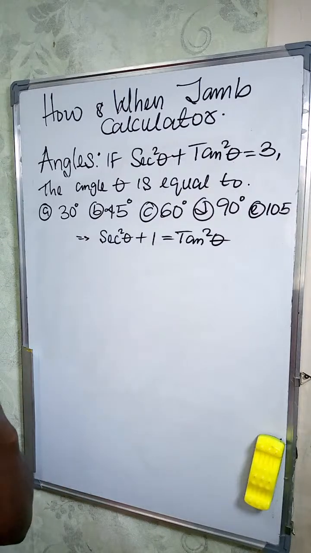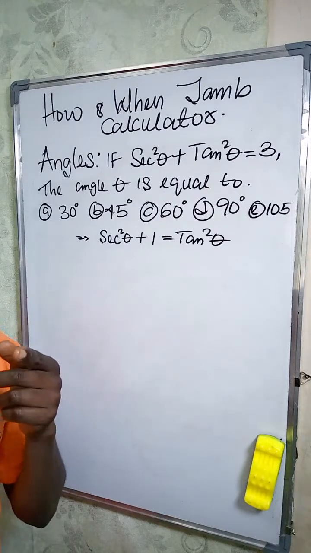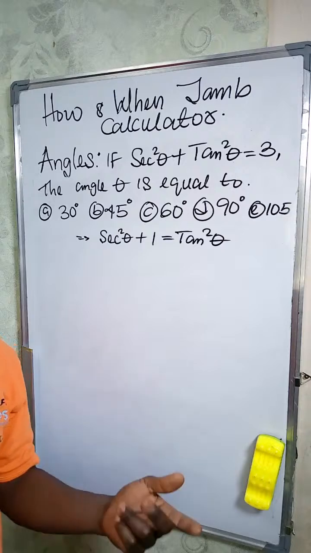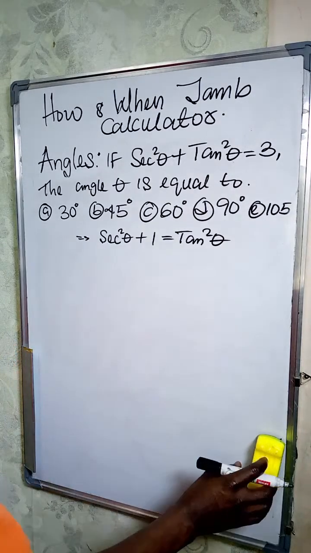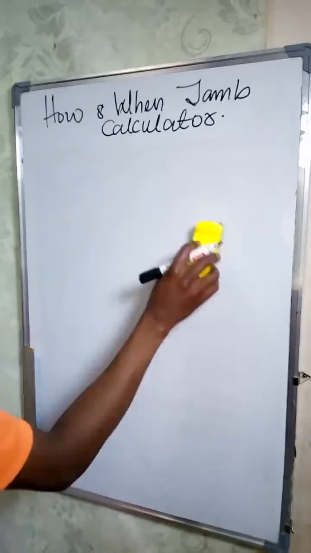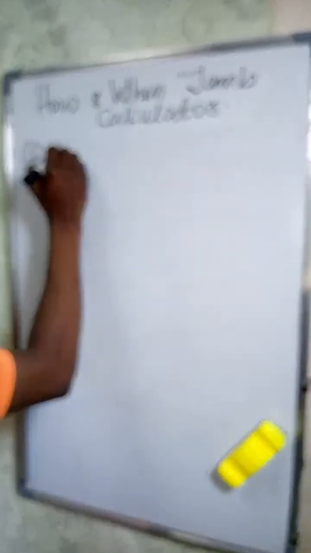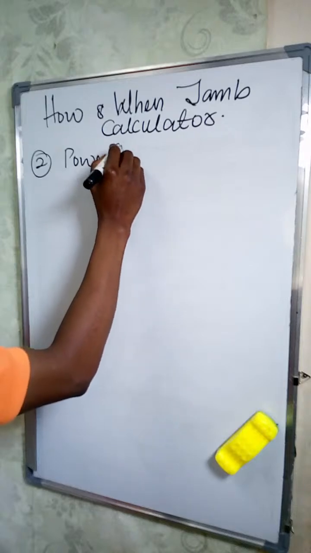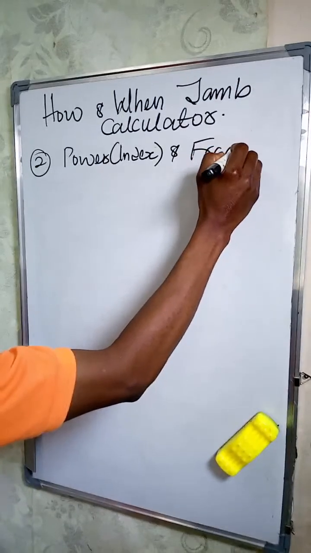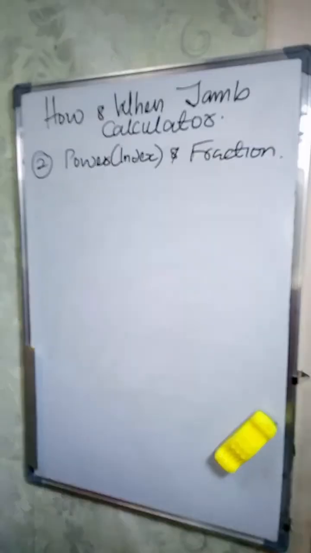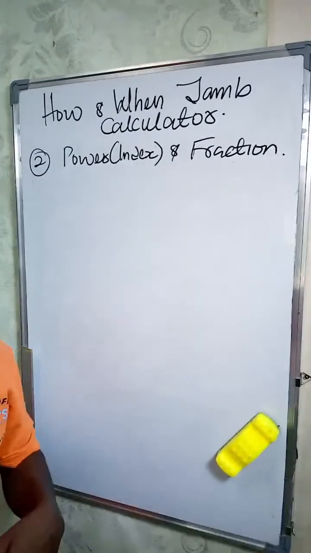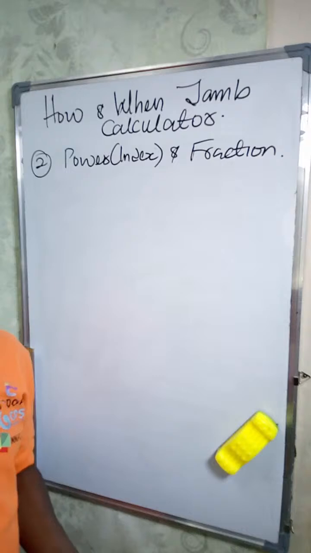Now, make I go to the next tip. The next tip wey I go talk about now na powers and fraction. Now, tip number 2 na when they give you question wey get to do with power and fraction. Wetin we dey talk about power and fraction? Power and fraction na when you get something like this wey be power. This one na tip 2. When you get something like this, power or index and fraction, Jamb just set any question for you wey involve index and power and fraction,